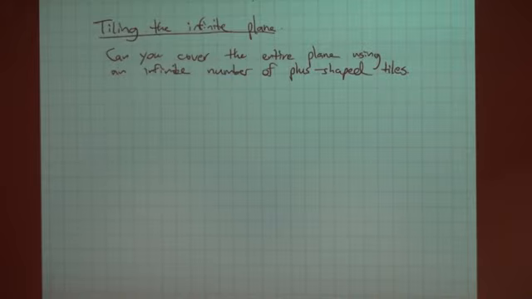Anybody know the answer to this one? Yes? I'm guessing no. You're guessing no. Why are you guessing no? Because if you have a plus-shaped tile, then on the four corners you have holes. And if you keep adding plus tiles to each other, you're still going to have holes on the corners, no matter how many times you scale it up. So even if you do an infinite number of times, there's holes on the corners.